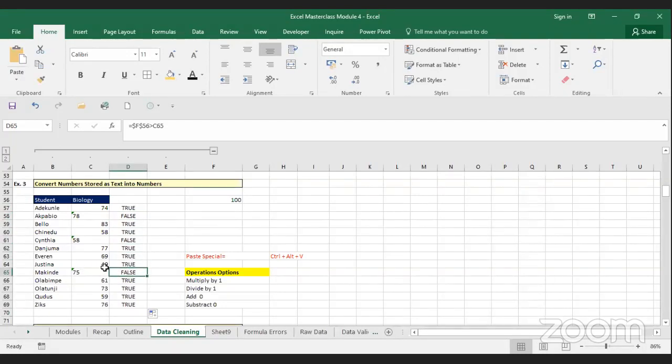Okay, it means, of course, you should know that 75 is lesser than 100. But in Excel, every text is assumed to be greater than numbers. So even if this is 1 million or 1 billion, this 75 is still greater than whatever you have here, because in Excel, text is treated as greater than numbers. Right. So this is just a logical operation to check, and so we're able to confirm now that these